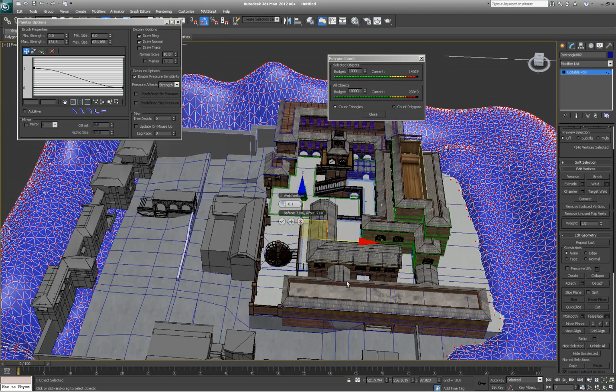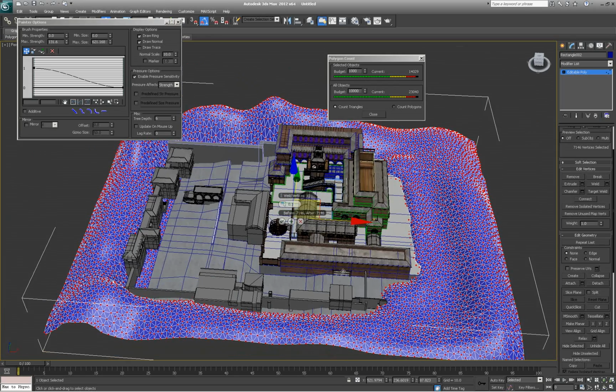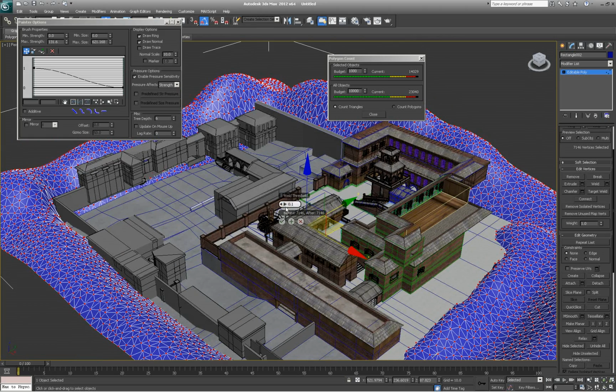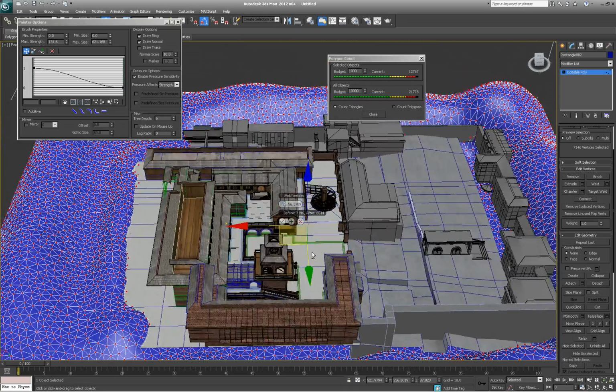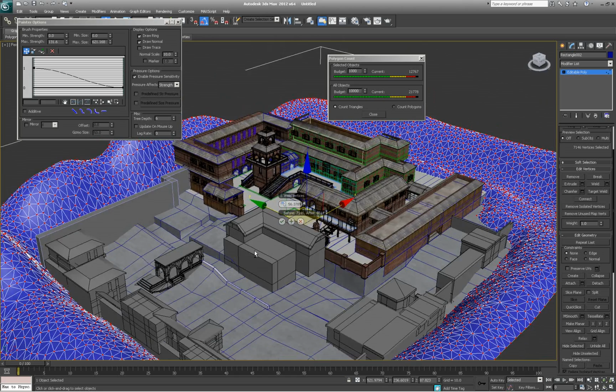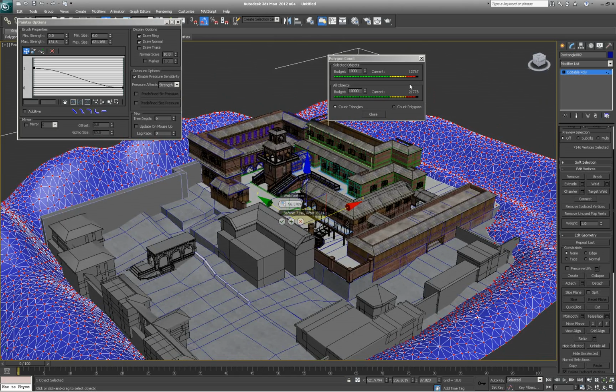So overall, we want to begin with an overall conforming of this map down to a much lower value. We do that by simply increasing the value of the spinner. It's going to be a rather large value, but if you just go like this, for example, things will start to decrease at a rather exponential rate. So at about 56, we can see we still have the surface retention or the surface shaping that we want to maintain, but we've obviously begun to decrease the amount of faces within our object. Okay, so we now want to lock down those values. If we hit the plus,